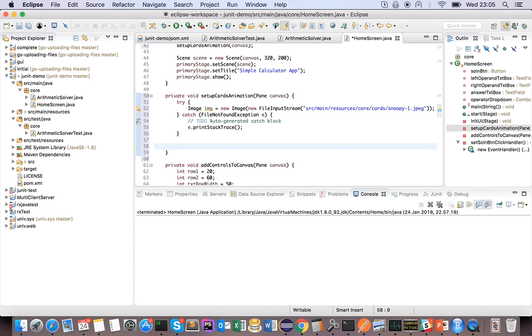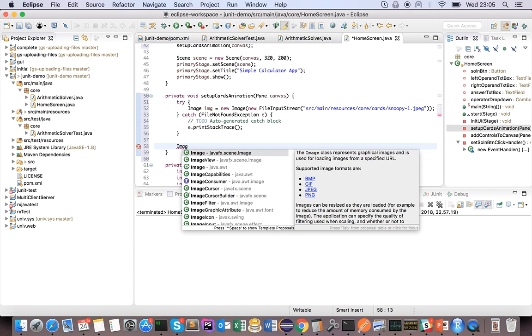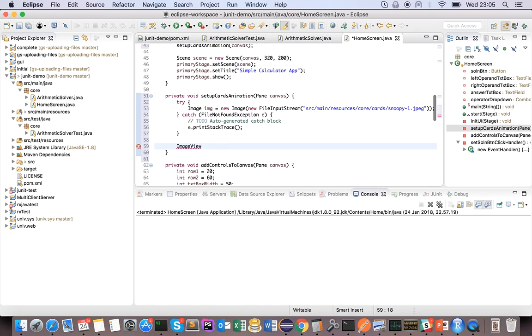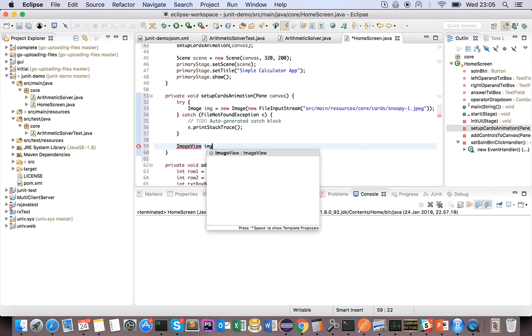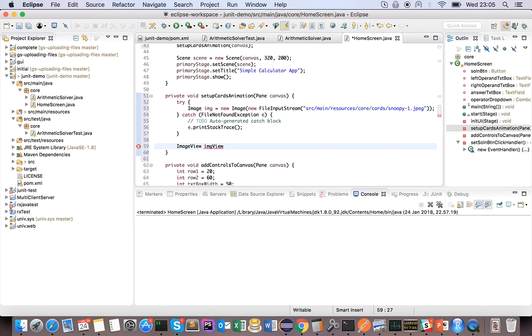In JavaFX, you need to embed the image in an image view. I know it's not straightforward, but that's the way JavaFX works. You have to initialize the image view, and let's say in this case we have image view set to the new image view,